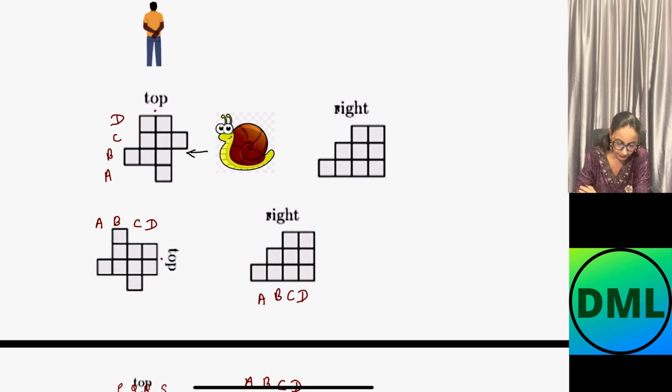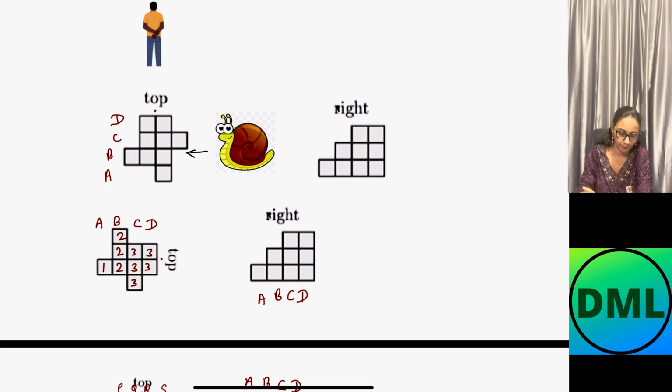Now, can we fill the number of the cubes we have? At A, we have 1 cube. Let's write down the answer here as 1 cube. After that, you have 2 cubes. Let's write down 2 in all the places we have. In the third place, we have 3 cubes and in the fourth place also we have 3 cubes. Let's write down all the numbers here with 3, 3, 3, 3 and 3.